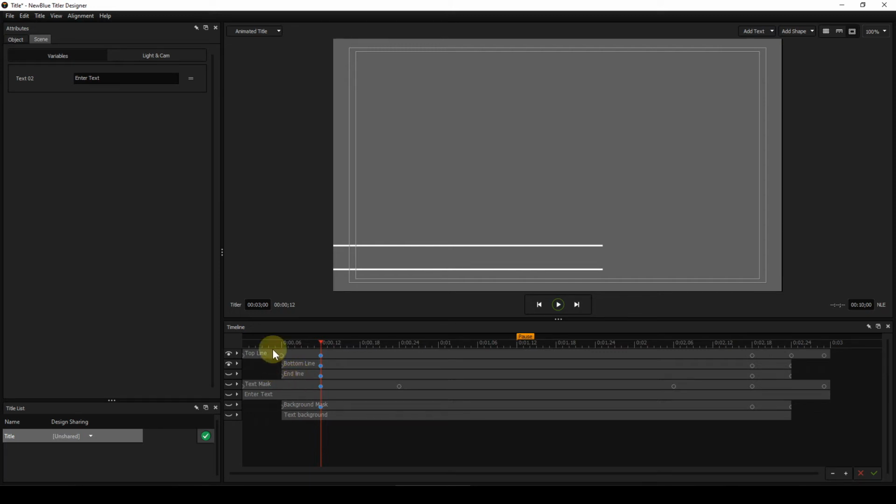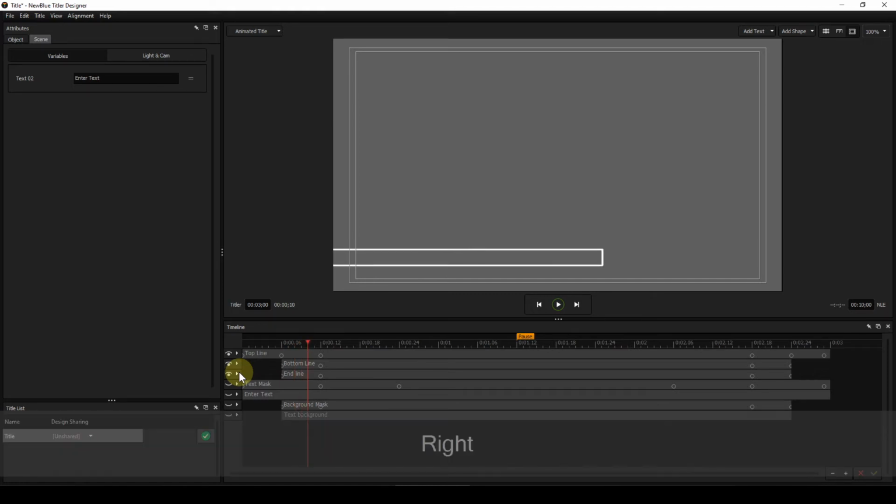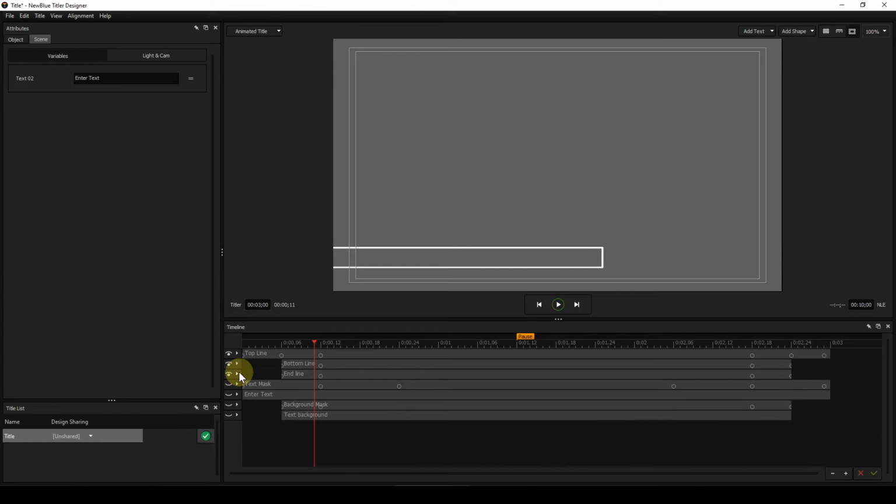If I now come back to there and make the end line visible, and cursor right, you will now see that the end line extends in length to the next keyframe. And these keyframes are all generated by